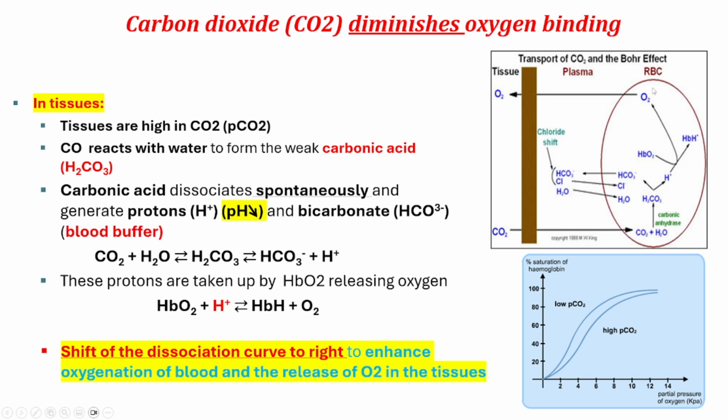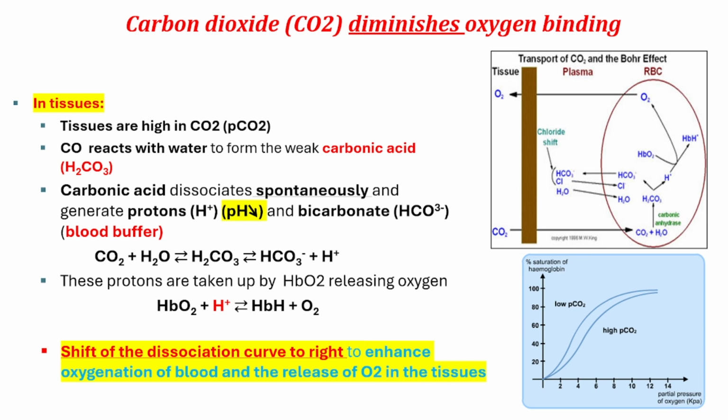So the oxygen here will be released and given to the tissue. So this is how the CO2 is taken, exchanged, transformed and combined with water. It gives us carbonic acid, and then this carbonic acid will dissociate. It gives me the proton and the bicarbonate, and this